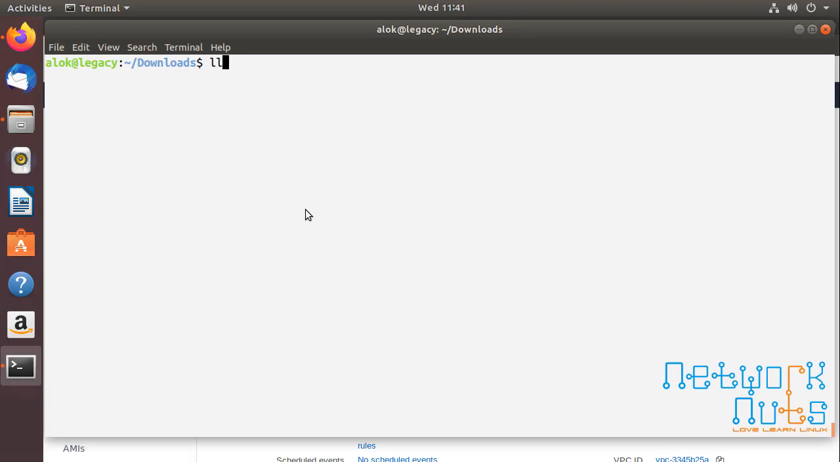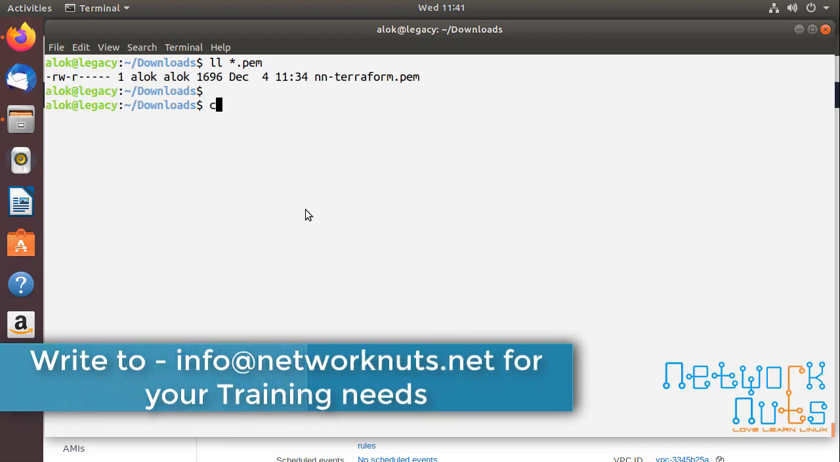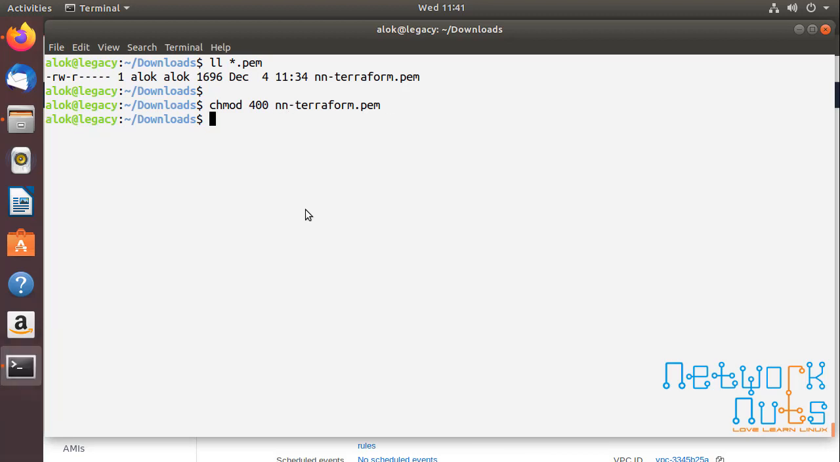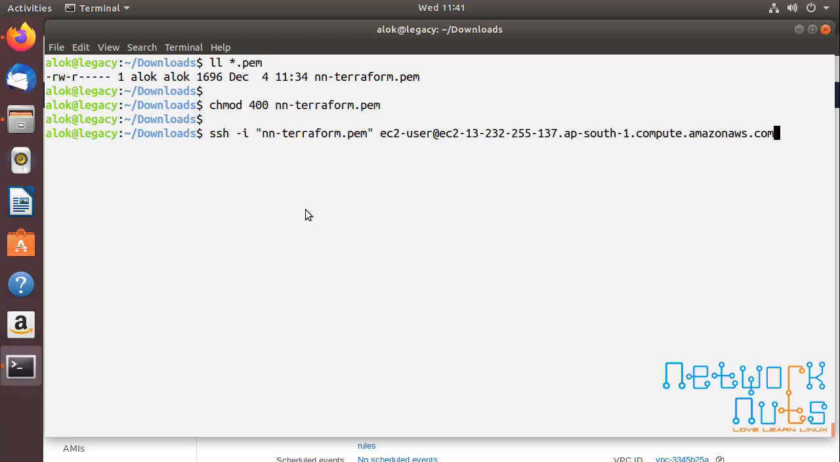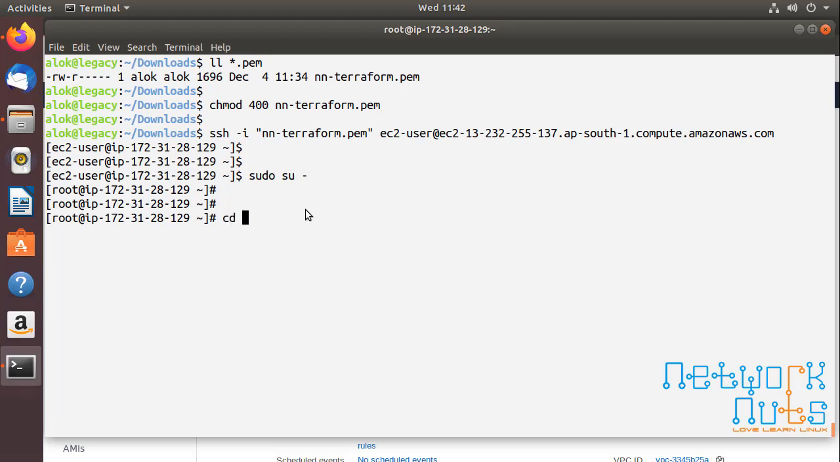Machine is intelligent. We are not, honestly, especially I am not. So let me give it 400 and then Terraform. Now paste it once again. Perfect. Here I am on my instance. I give a sudo su to get the root access. And if I go to where